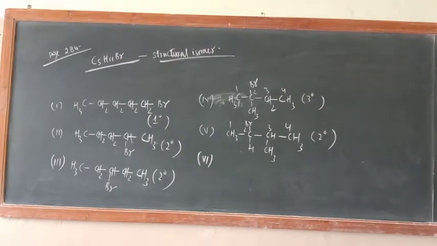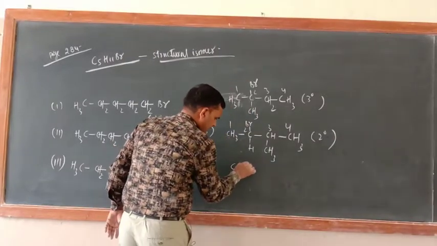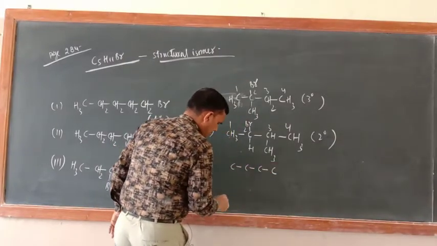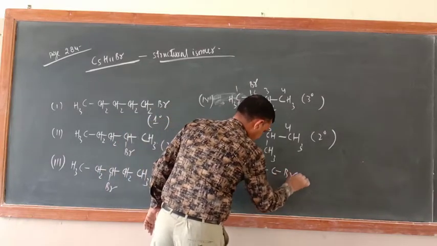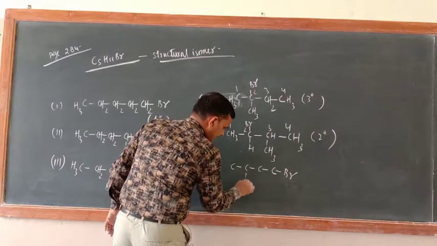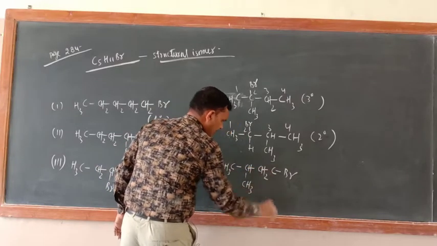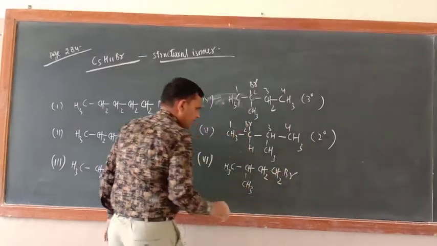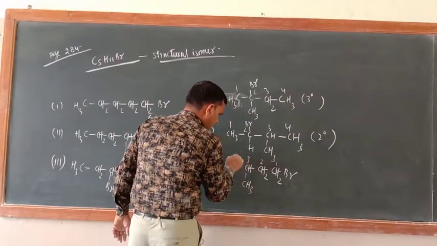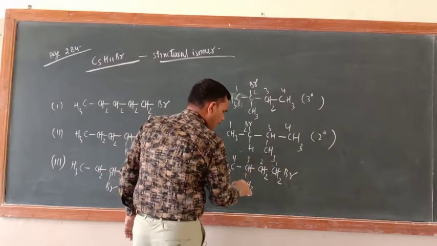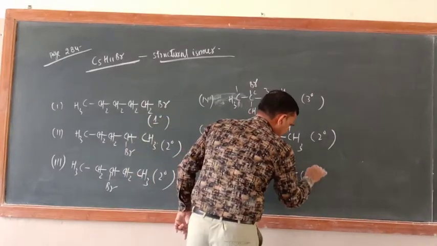Okay. So just see the 6th number. One more possibility is there. What is that one? C. Now here write Br, and here write CH3. So this is CH3, this is CH, this is CH2, here also CH2. So what is the name of this one? 1 bromo 3 methyl butane, 1 2 3 4. Now this is also 1 degree only.